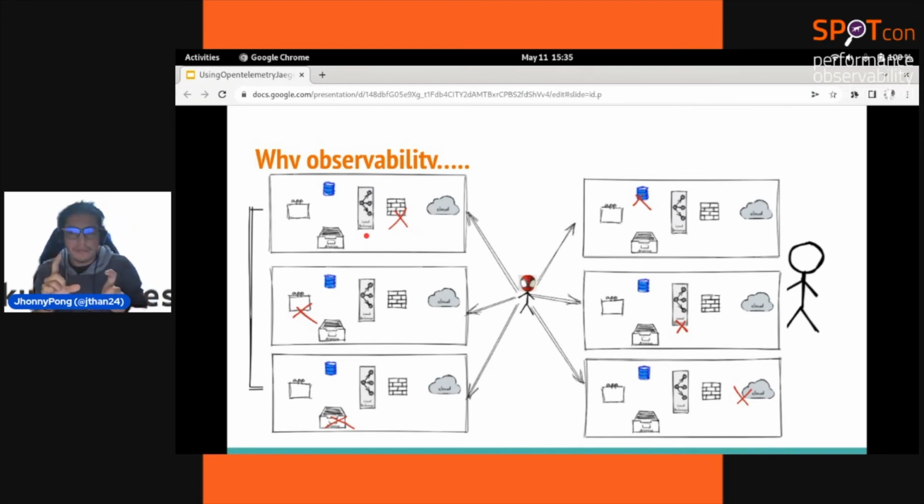The first objective of observability is to quickly identify the root cause of the cases that we have in our application. What is the best way? What is the alert for what happened in my application if the firewall is down, or my application is down, or my database is down, or my object storage is down.